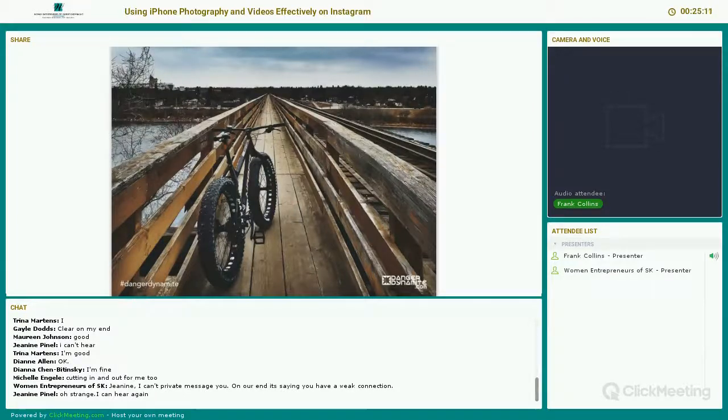This one was tagged. This is from a personal account. It was tagged to a brand, so Bike Doctor in Saskatoon and Norco Bicycles. Both of those brands took that image that they were tagged in and reshared it on their social media networks to get people excited. Again, this photograph was taken with an iPhone, so you can get great photographs using an